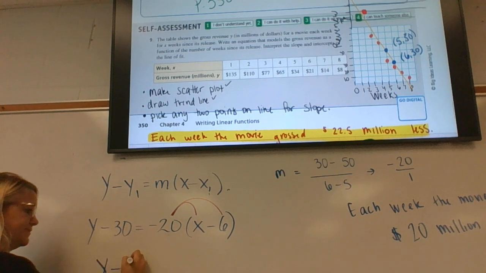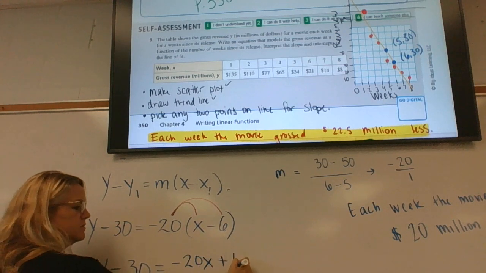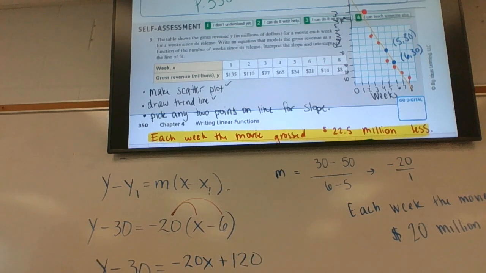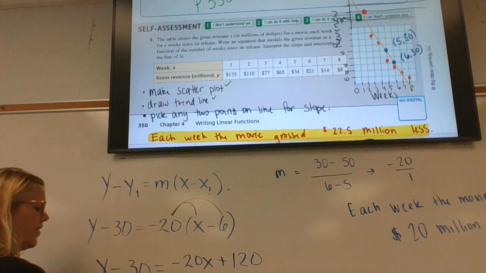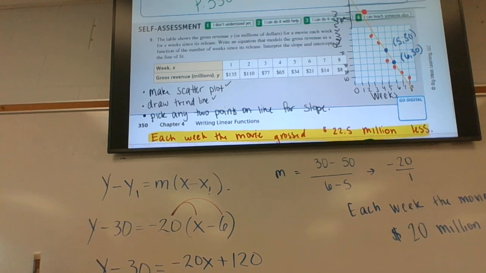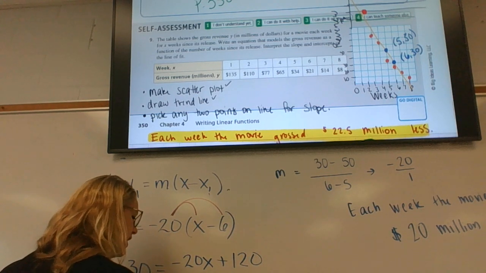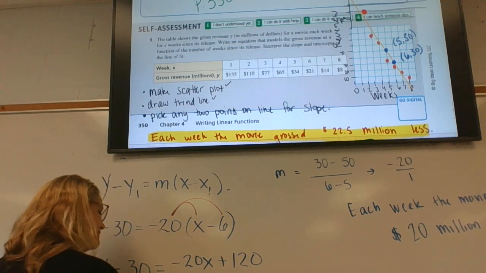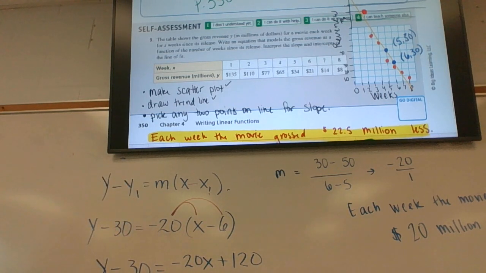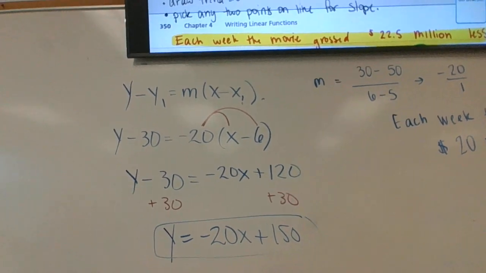Okay, y minus 30 equals negative 20x plus 120. Add 30. y equals negative 20x plus 150. This is checking my math. Let's see if my math looks the same as my graph. Is my y-intercept at 1